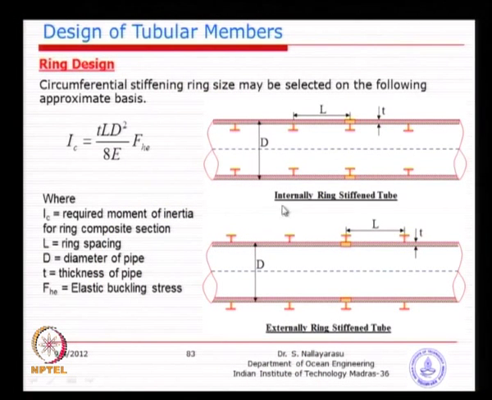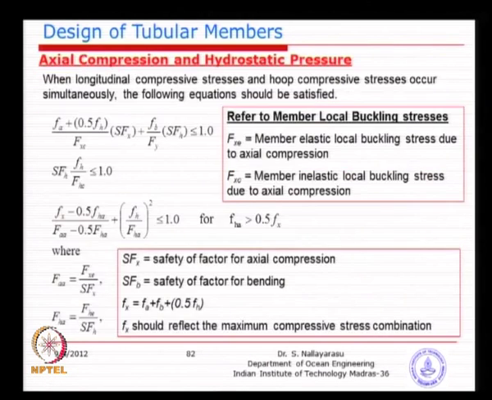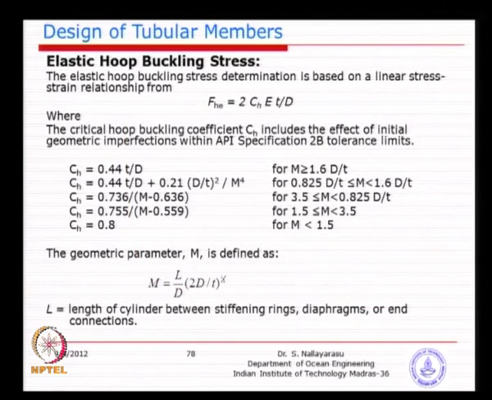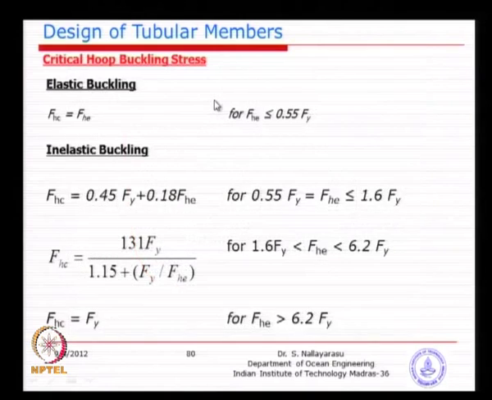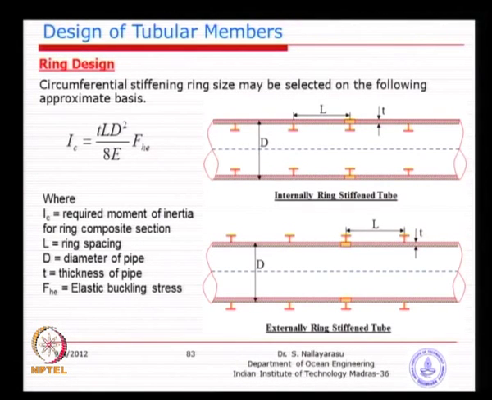So, the moment of inertia of the ring is required to satisfy a certain condition. Remember, when we did the FHE, let me go back to this so-called FHE. What was used here? When we calculated FHE, we had a geometric parameter called M, and that geometric parameter is proportional to the length of the member between supports, isn't it? Based on that assumption, we calculated the FHE. Now, we are going to calculate the moment of inertia of the rings required in proportion to what was previously assumed, the length between supports or the distance between the rings.